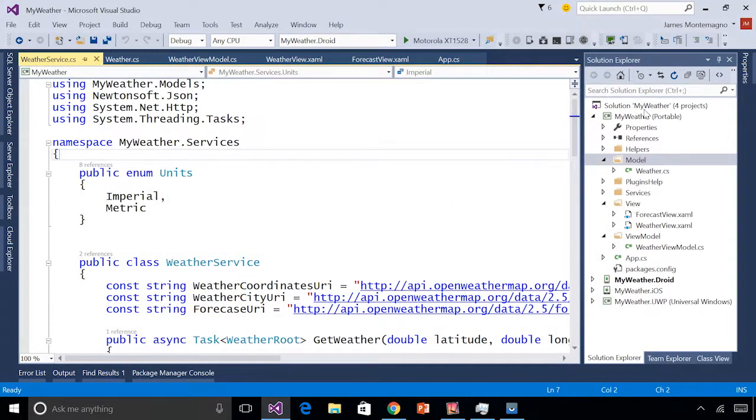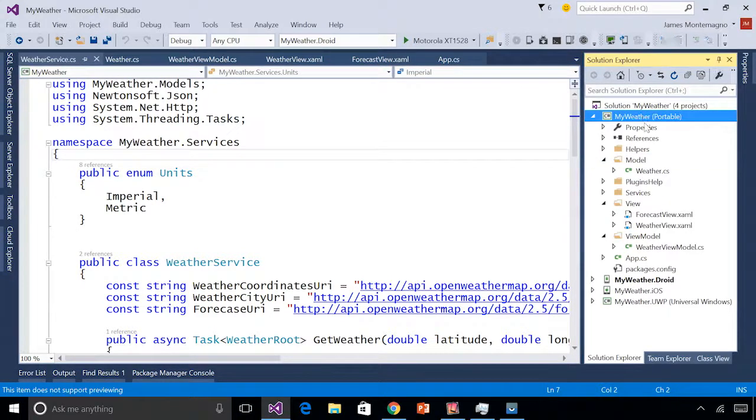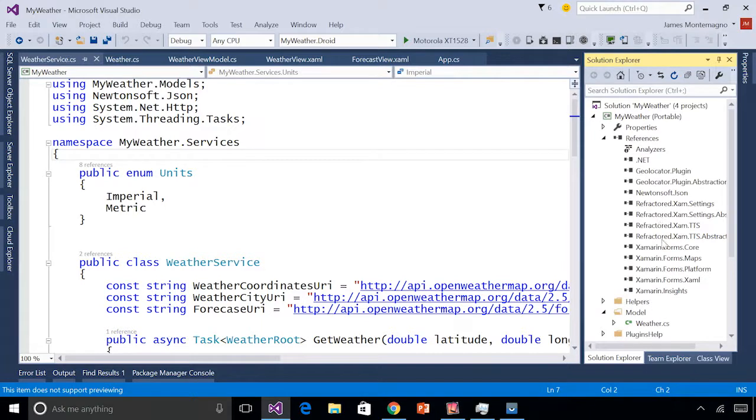Here we are inside of Visual Studio in our Solution Explorer. We have our portable class library with our models, views, and view models, MVVM if you will, and then of course our Android, iOS, and Windows application. Now what's nice here is that all the code that we're going to write is inside of our portable class library. When you create a new Xamarin Forms project, some NuGet packages will get downloaded, such as Xamarin Forms itself,